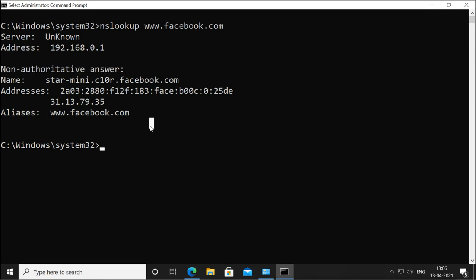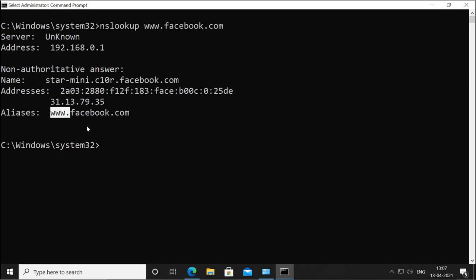And what it is giving me here is the name of the machine and the IP of the machine. This is IPv6 and this is IPv4 which we have already seen. So you can see the real name of the machine is this. Now what we see here is the alias, that is the CNAME.